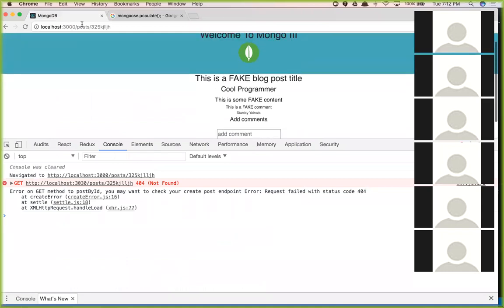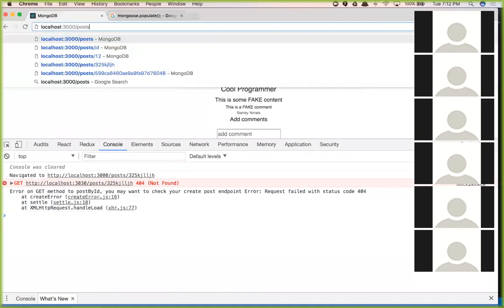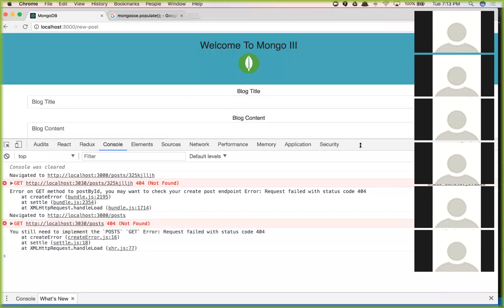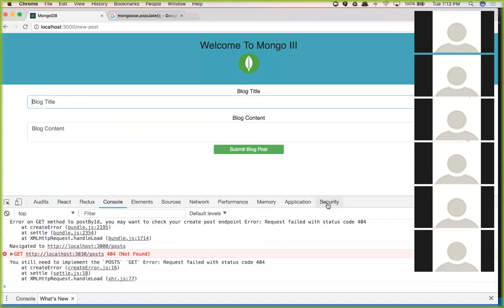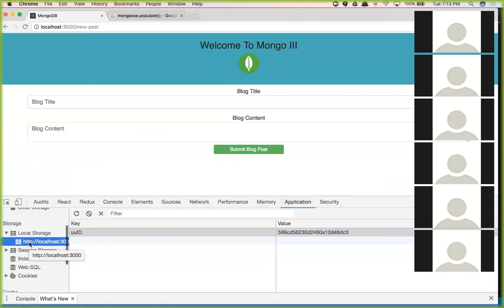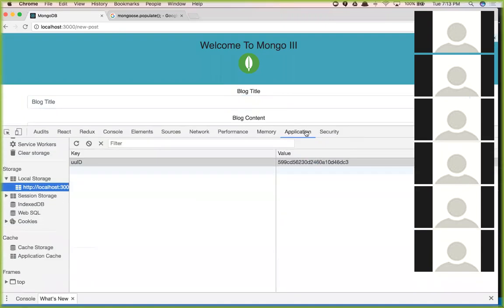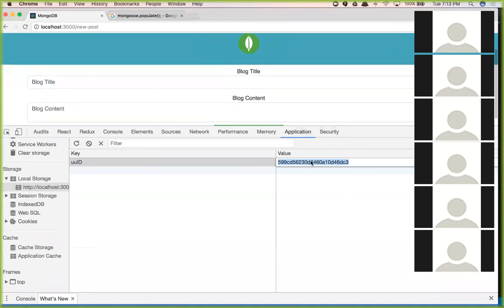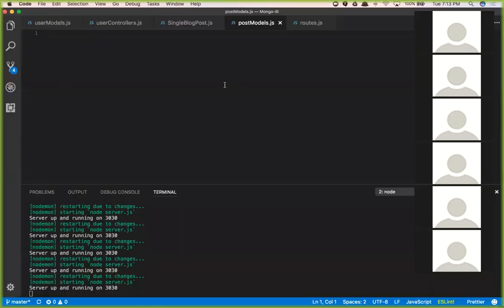So if I were to go and create a new post, I'm sending up from the client the user's ID that lives inside of local storage. So if you look at application and you have a user ID here, I pull this off of the user ID and I send this up. So the person who's logged in, that's who this ID belongs to, okay? So I'm sending this up along with this stuff. If I were to say, you know, this and this, well, it's not going to work right now. But if I were to show you in a console log,